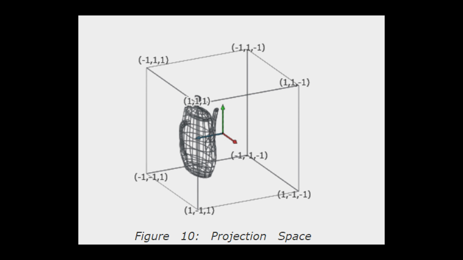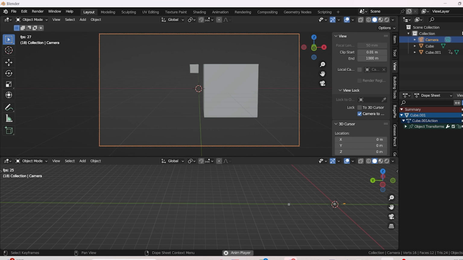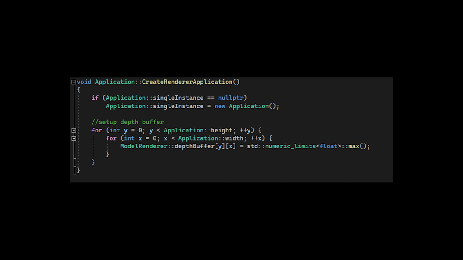Now that we have our scene in camera space, we can convert it to projection space. This is another matrix transformation defined by this matrix. This maps all of the vertices on the screen to a -1 to 1 range called normalized device coordinates. Now we can apply our perspective to make faraway objects appear small and close-up objects appear large. And finally I'll create a z-buffer the same size as the pixel count for our image,